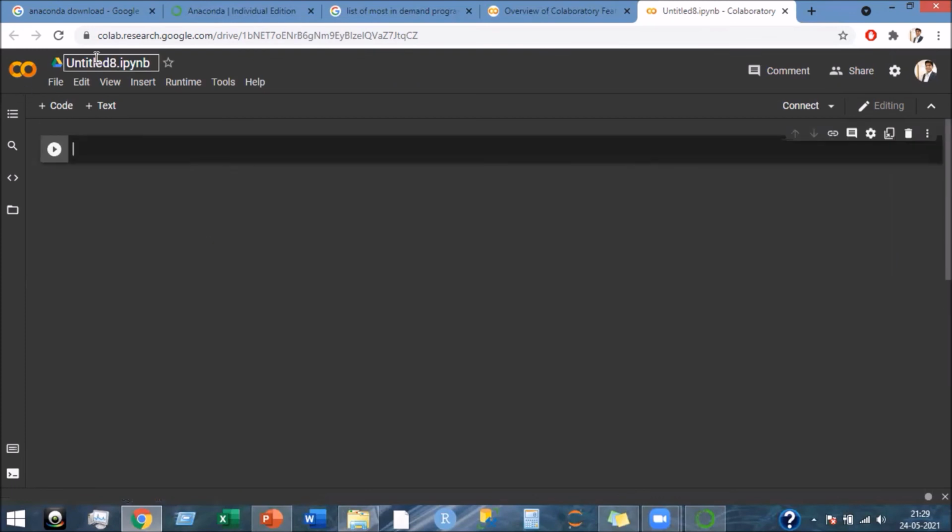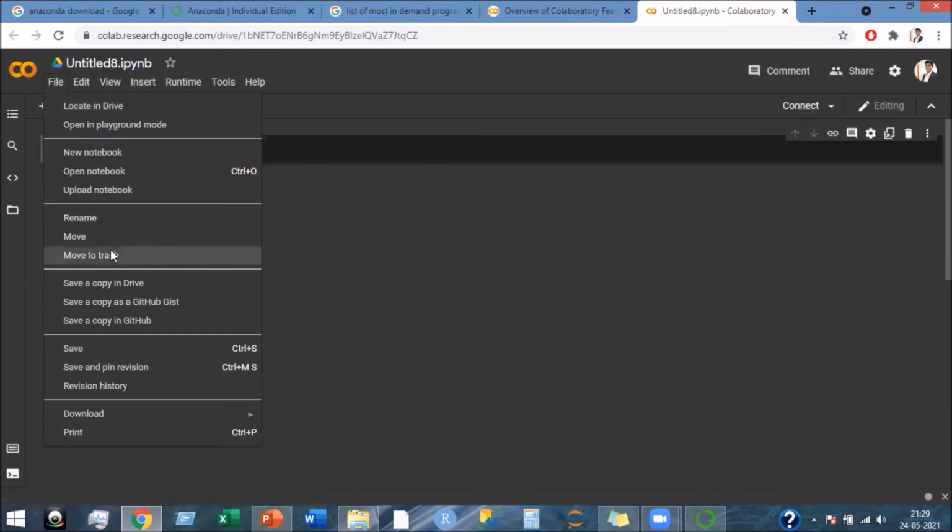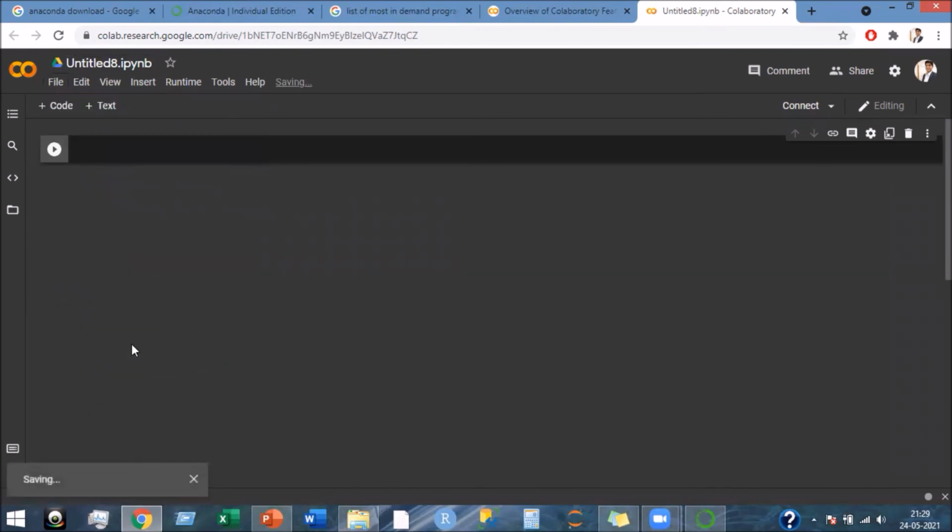As I explained earlier, here you can change the file name and use the save option, save a copy in Drive or just save. Once you save it, it will be directly saved in your Google Drive. You can go to Google Drive and access the file from there. More or less, with respect to Anaconda and Google Colab, all the commands are the same.